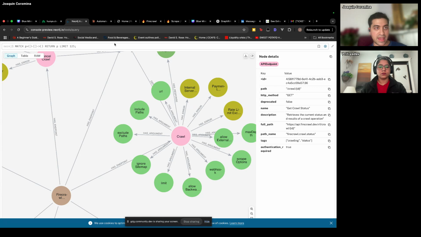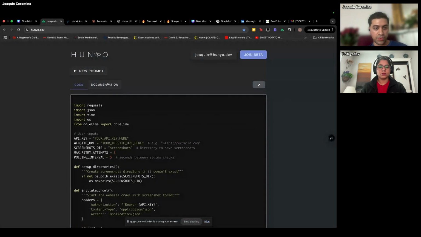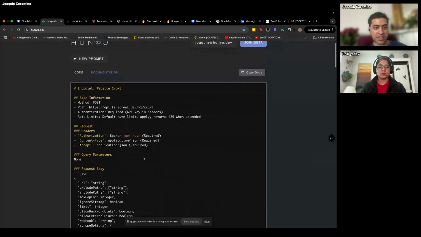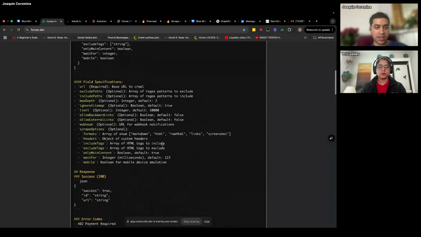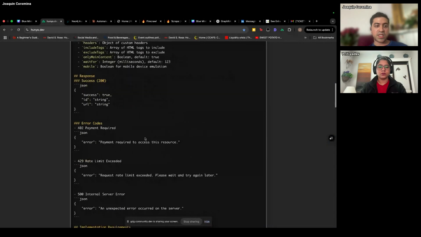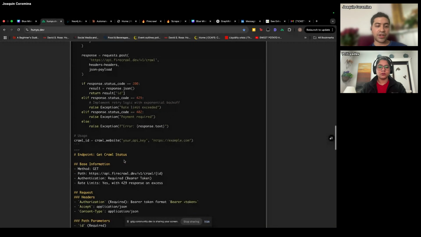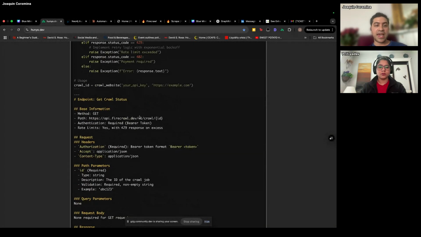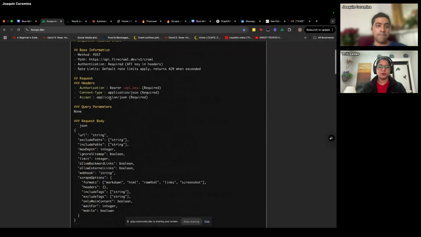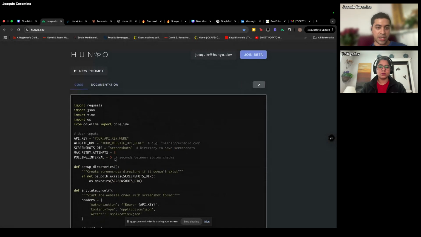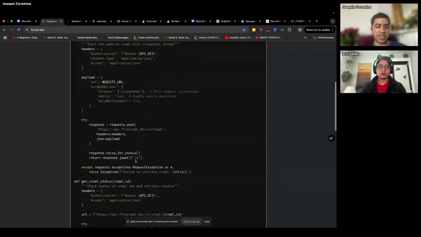And based on that, it was able to write up this documentation that's specifically necessary only for the request that I wanted to create. And then after it created this documentation, it then wrote code based on this documentation, which is what you'll then see here.